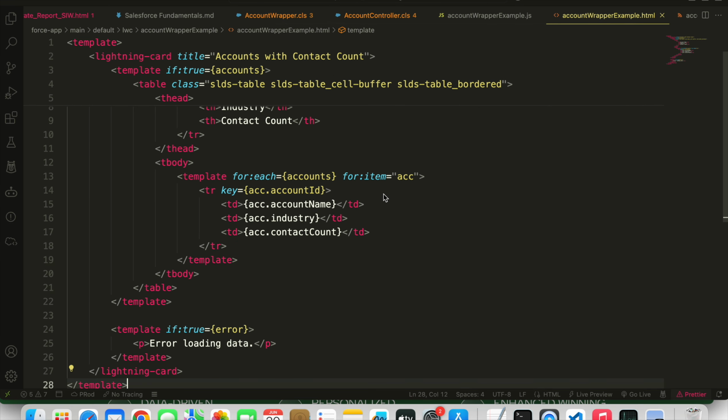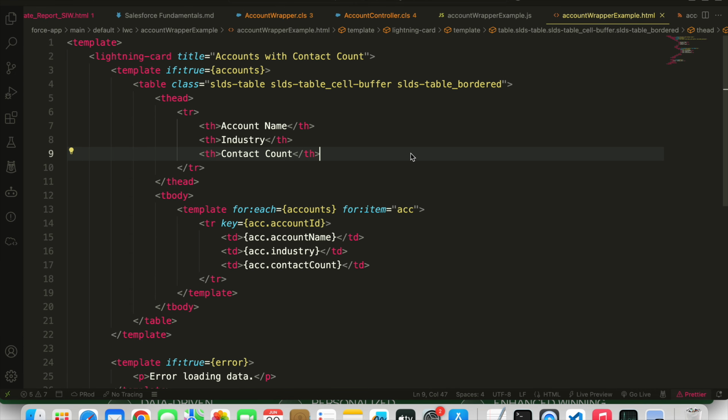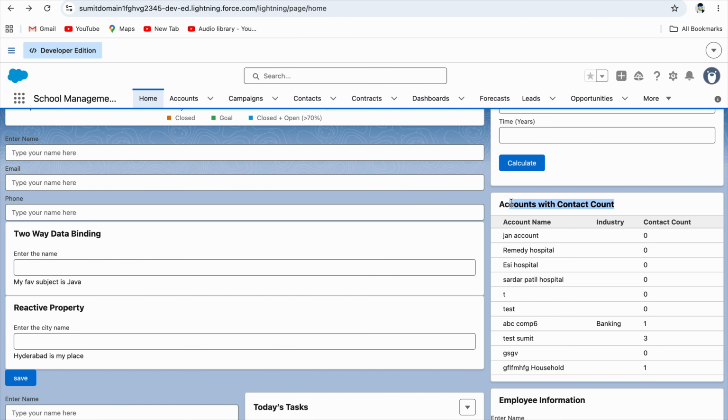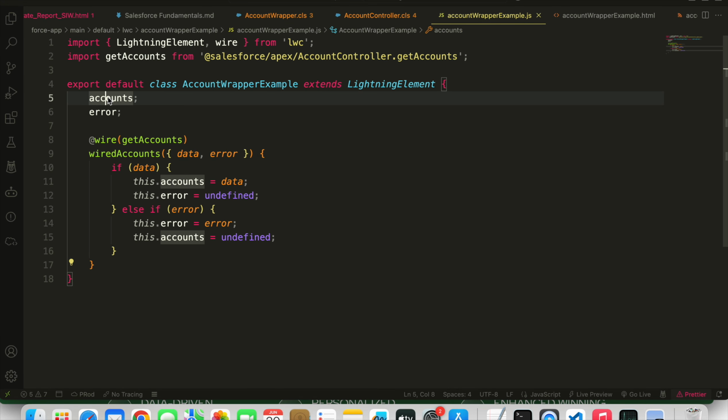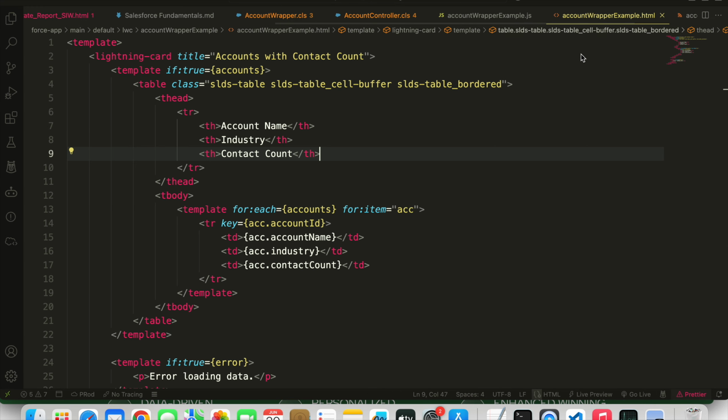Let's go to the HTML. In the HTML you can see a title, account with contact count. Then if true accounts, means if data is present in the accounts. Here we have declared accounts. We are not tracking it because it's already reactive, so we don't have to add track, we can just add the wire over here. So if true accounts, if data is there, then